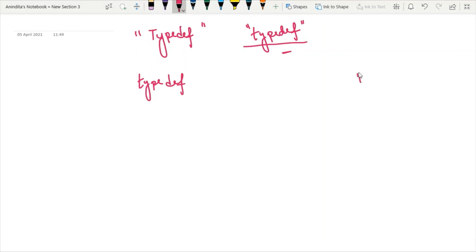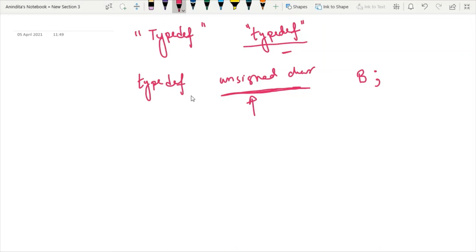That is, you can write any name in caps according to your choice. And in between, you have to write the data type which you want to be abbreviated. For example, I'm here writing unsigned char.